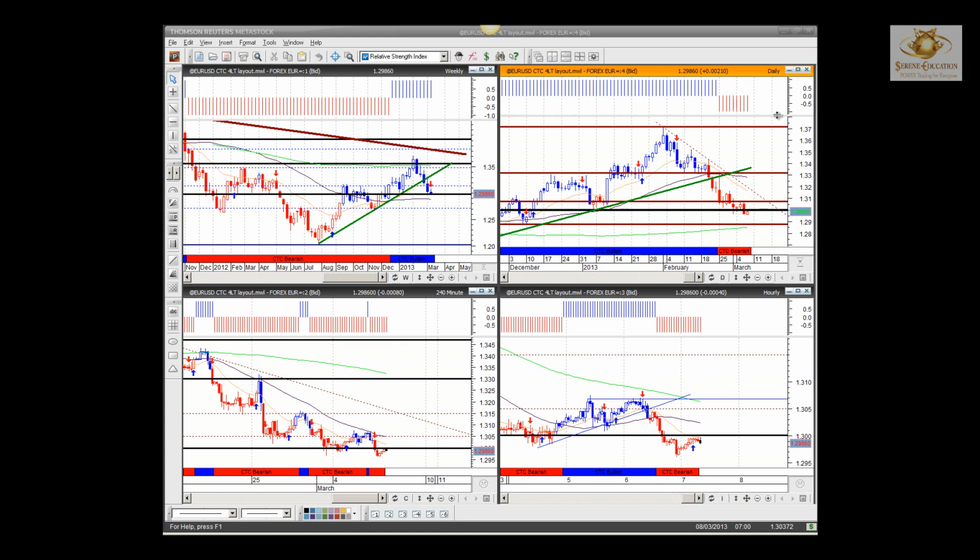Anyway, let's carry on. So yep, 4 majors per usual with us. And just going over my long-term strategy templates, it's far better, especially for all you newbies out there, to get an understanding of how the templates work on a larger time frame. And once you get used to this, then you can start moving into your intraday time frames and using the same principles. So, 4 majors, euro against US dollar to start with.